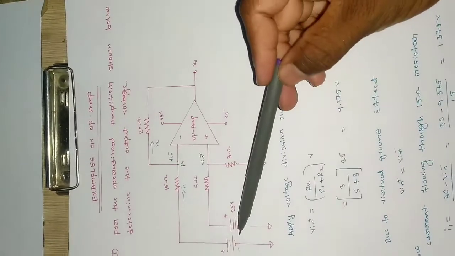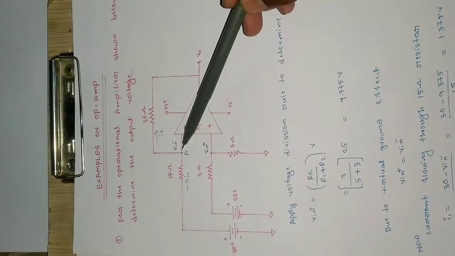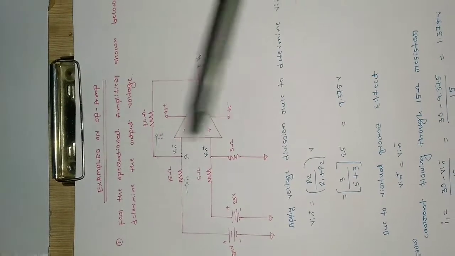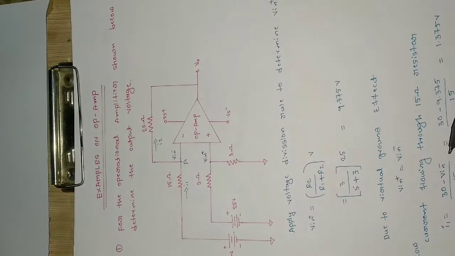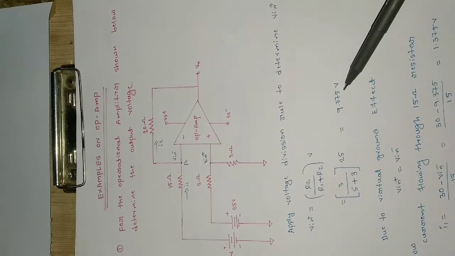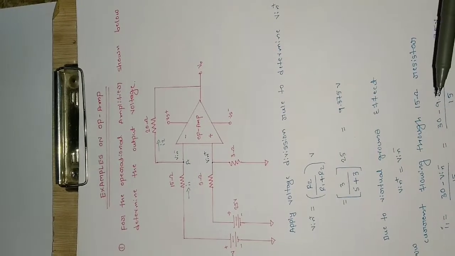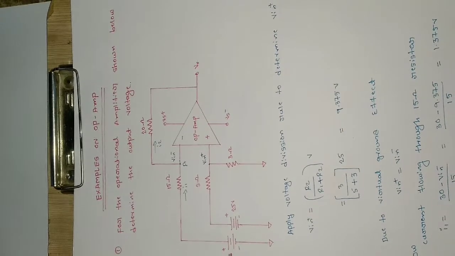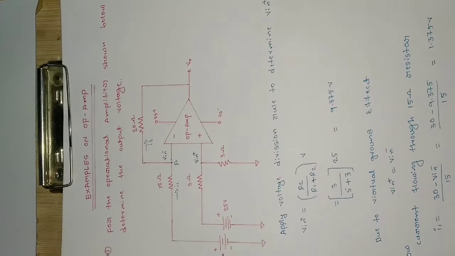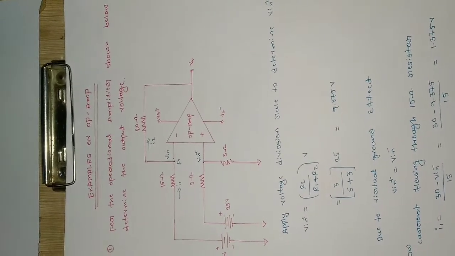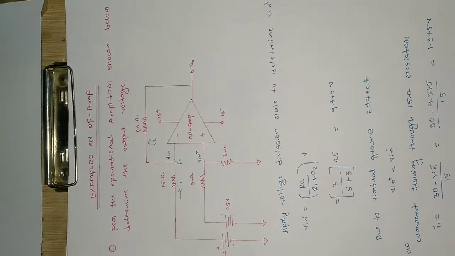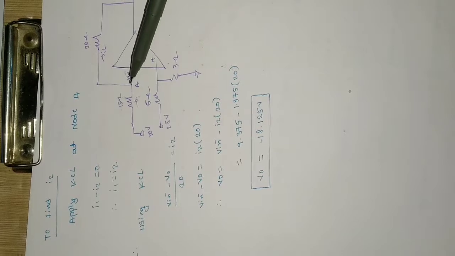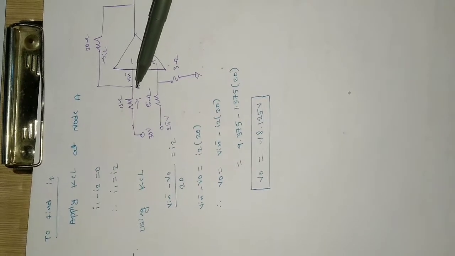So here is the voltage 30 volt and here is the voltage V in minus, divided by the resistance which is 15 ohm here. So it will be equal to 30 minus V in minus, and I know that V in minus is 9.37, because V in minus and V in plus are equal to each other, divided by 15 ohm as it is. When we substitute and solve, we will get 1.375 as the current which is flowing through this 15 ohm resistor. Until now I have got the current flowing through the 15 ohm resistor, that is I1, as 1.375.